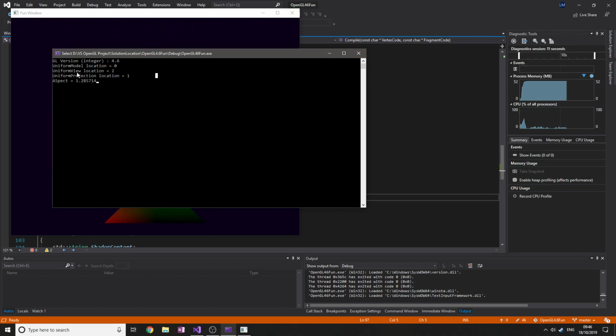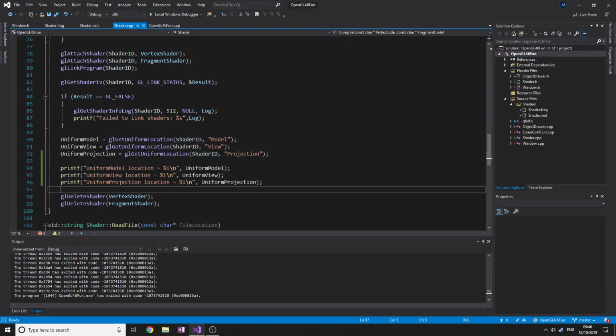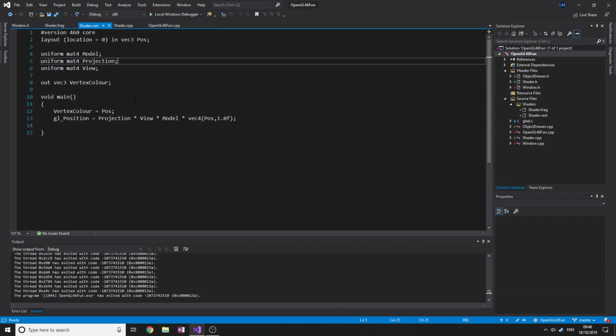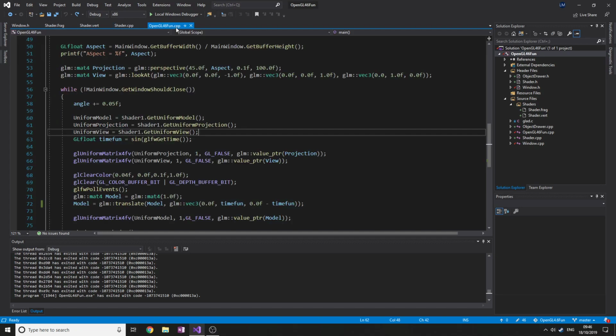I thought that they were used in the order that they were printed, but it doesn't look like they are. It just tends to find them in any order it wants. And I have a feeling that if you don't use one of these variables, it still manages to find them. Right. Anyway,